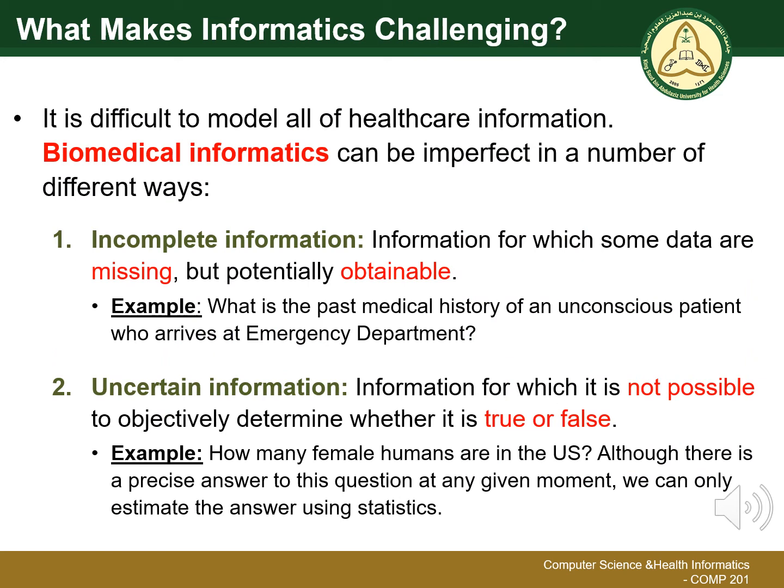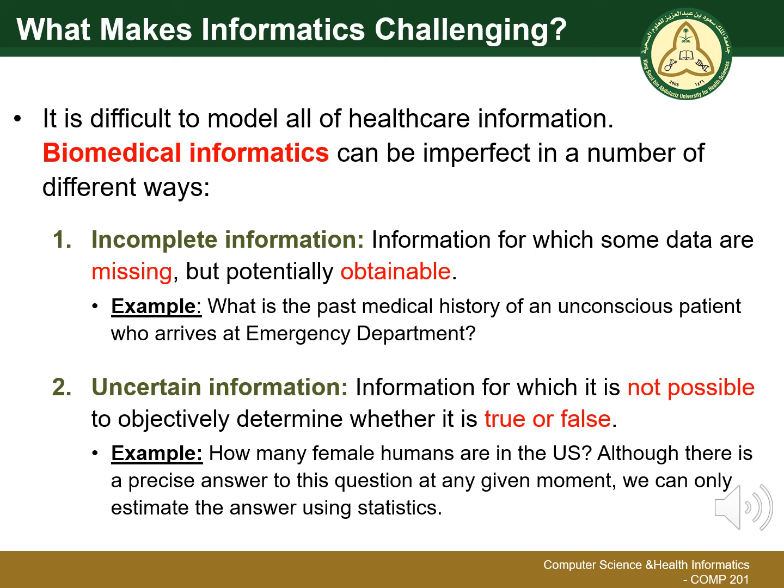What makes informatics challenging? It is difficult to model all of healthcare information. So biomedical information can be imperfect in different ways. One, incomplete information. So the information for which some data are missing but potentially obtained. يعني ممكن تكون عندي information معلومة لكن there are some data missing. For example, what is the past medical history of an unconscious patient who arrives at the emergency department? In real time, I don't know about the past medical history of this patient, but I can obtain it